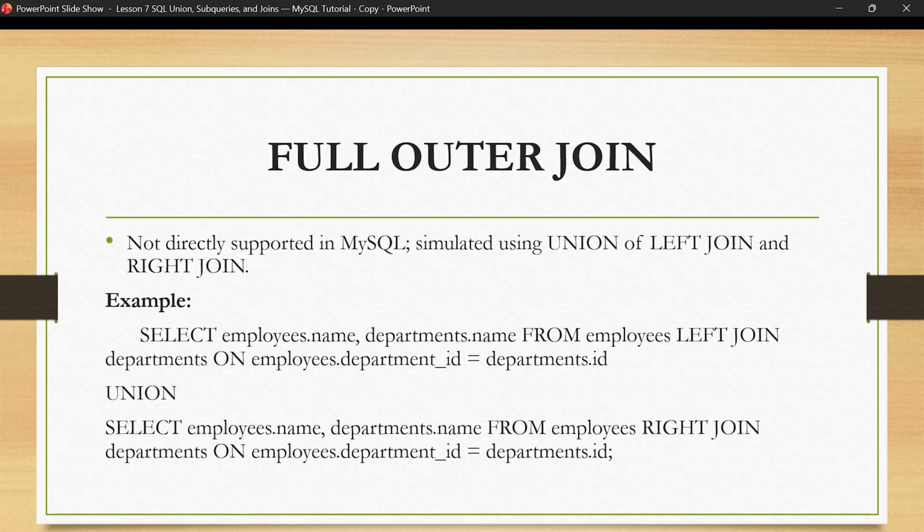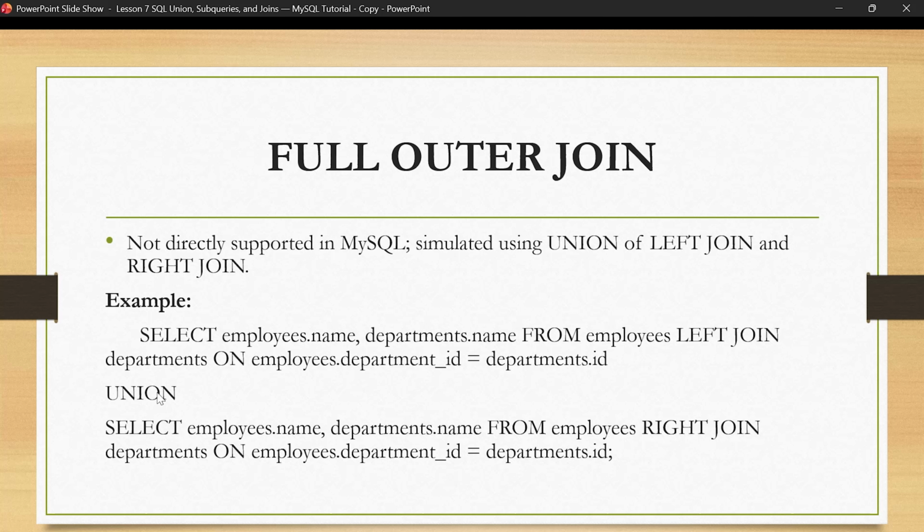So you can see here what we have done is we use the left join first, to retrieve all records from the left table and the matches from the right, and for non-matches we will get null, and then we are doing union with the right join. Here we are receiving all records from department, matching from the employee department, and null for non-matches,